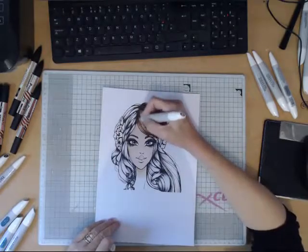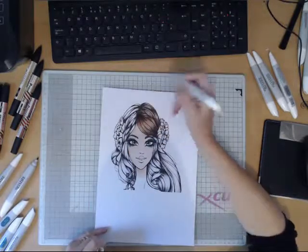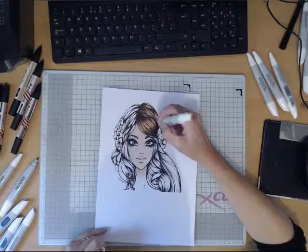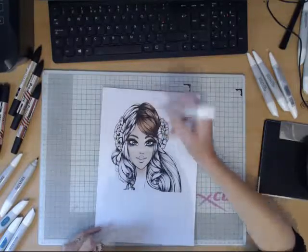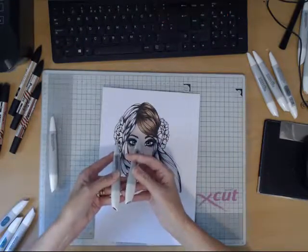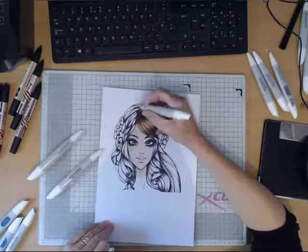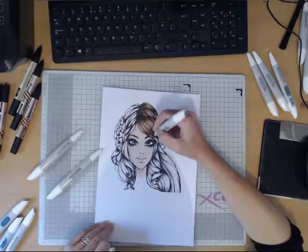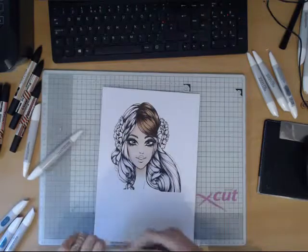So if you decide, I just want to show you, if you decide that it's not as dark as you want it, you can still change it, as you can see. Reinforce where the dark parts are. And every time you reinforce the dark parts, you make the light parts lighter. There we are. I'll go in with the mid-tone again. Some people don't like white bits in the hair. Okay, there we are. And then I'm going to go back in with the light one